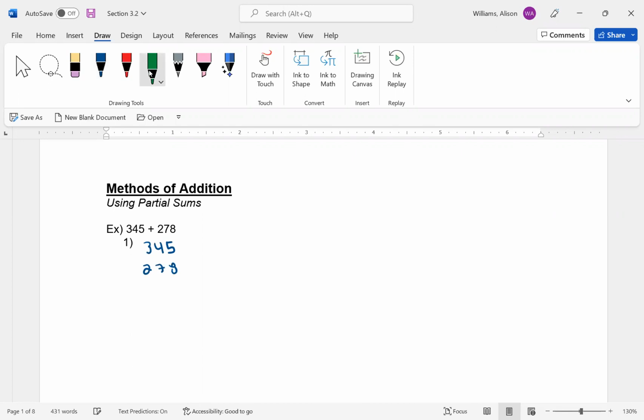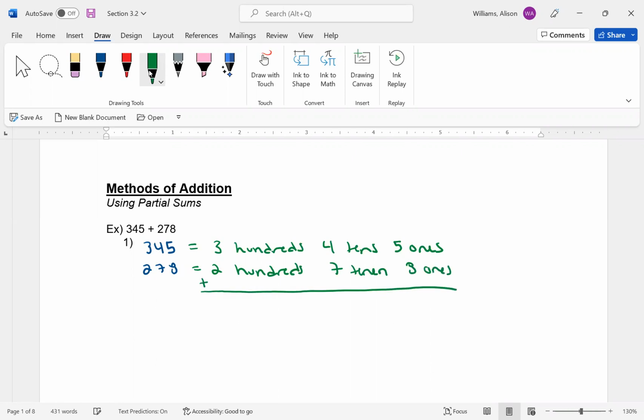So writing out 345, I would write 3 hundreds, 4 tens, 5 ones. And then this would be 2 hundreds, 7 tens, and 8 ones. And then when I add, what I'm adding are the hundreds, tens, and ones. So I have 5 in the hundreds,